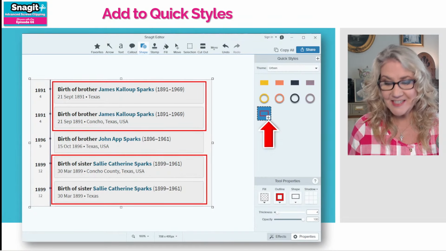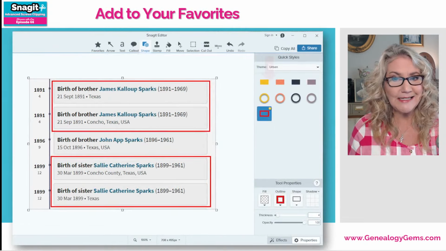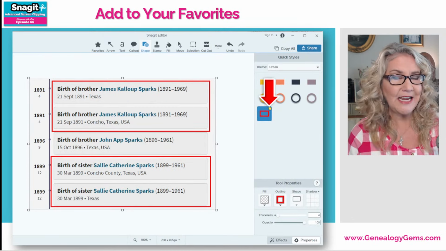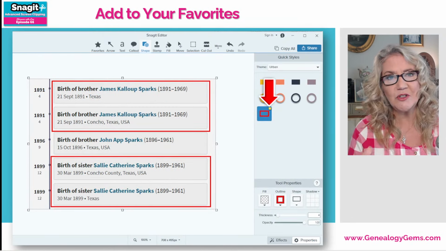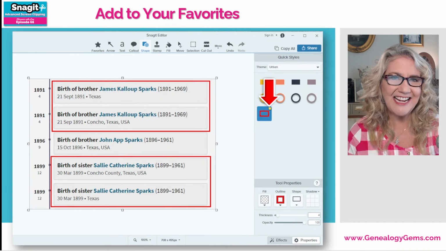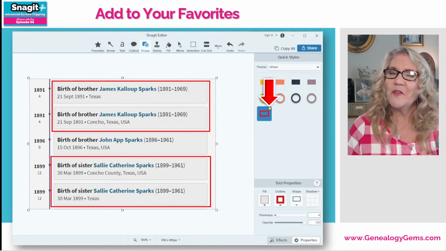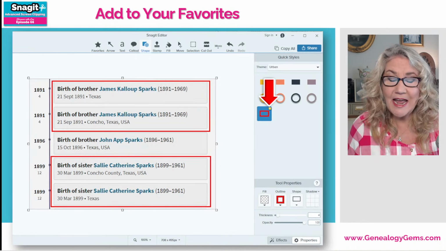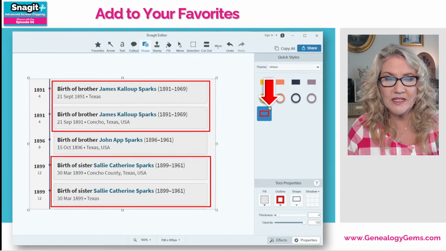So I love this. I'm just going to click the plus sign and that adds it to my style. The next thing that Snagit does for me is it puts this little star. And if you click that star on the newly created style, you can add it to your favorites. So there are some annotations and items. It doesn't have to just be annotations. It could be other types of features, and we'll look at some of these like